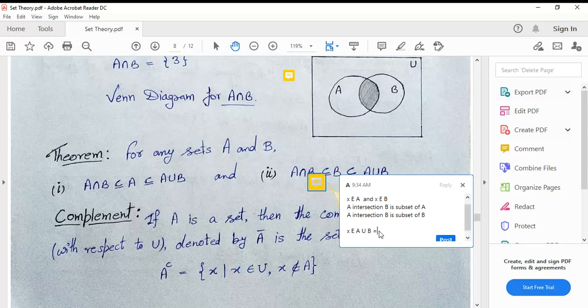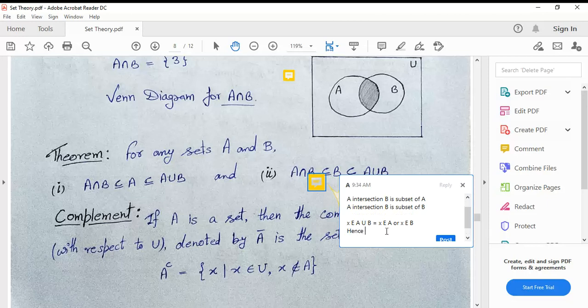It means that x belongs to A or x belongs to B, because that is the definition of union. If x belongs to A union B, then x belongs to A or x belongs to B.